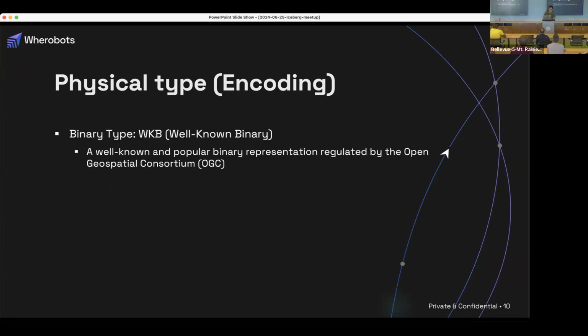For the physical type of the geometry data, we store it in binary type. So we use a binary encoding called WKB, which stands for well-known binary. It is a very classic and popular binary representation of geometry vector data in the geospatial community. There are tons of different readers and writers of WKB. So what it does is